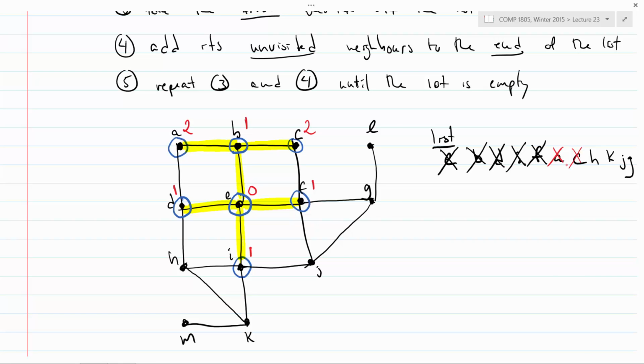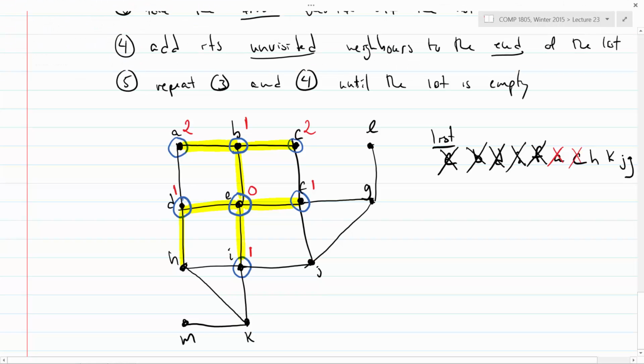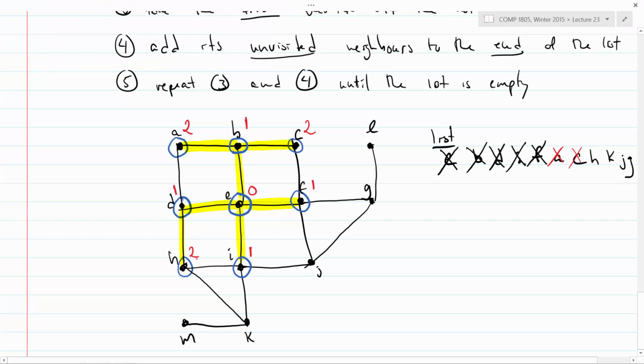How did I get to H? From D. Yeah. So there is some other stuff. If you actually sat down and coded this thing, some other stuff needs to be kept track of. But doesn't this mean that for every vertex, you have to keep track of which edge got you to that vertex? Yeah, you're going to need to keep track of that somehow. There's a few ways of doing it, but that's the bottom line of what you'll need. So now I'm at H, and that took 2 edges to get there.